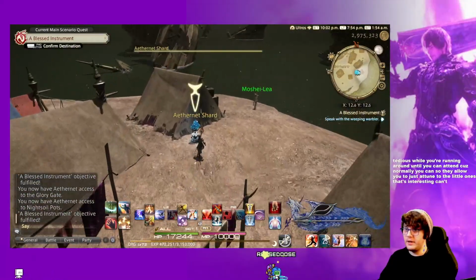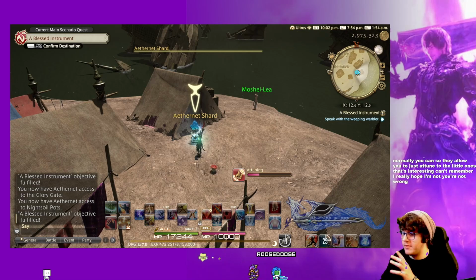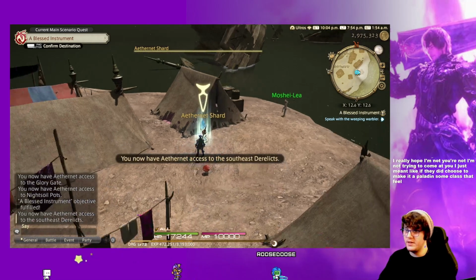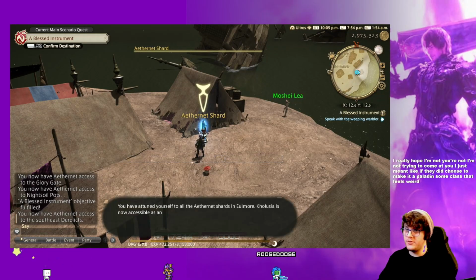Can't remember. I really hope I'm not trying to come at you. I just meant if they did choose to make it a paladin subclass, that feels weird. Eldritch Knight is literally, despite the interesting name,